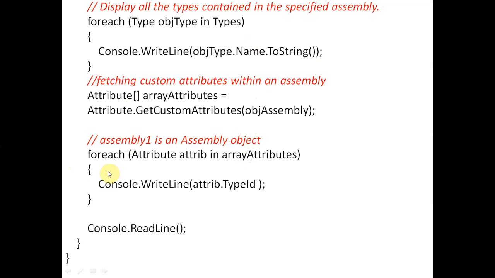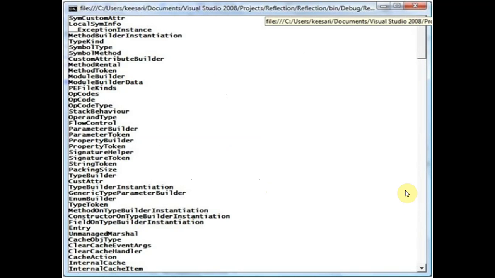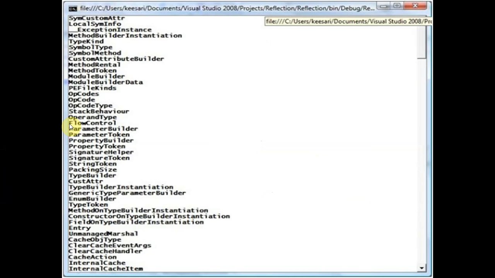Here we have a foreach loop, and one by one from the array we copy each attribute, and then we print attribute.TypeId, and their ID will be printed. You can see the output here. All the attributes will be displayed on the output screen, so different attributes will be displayed over here.